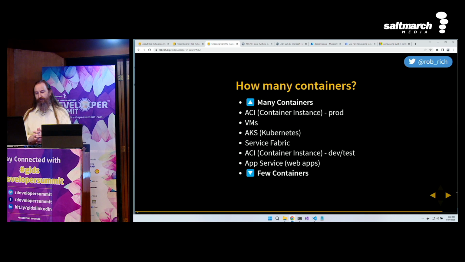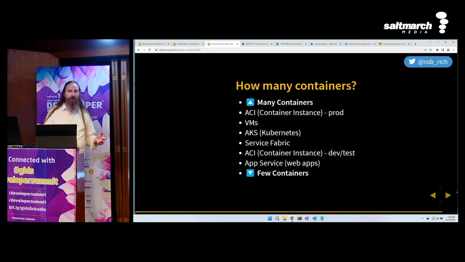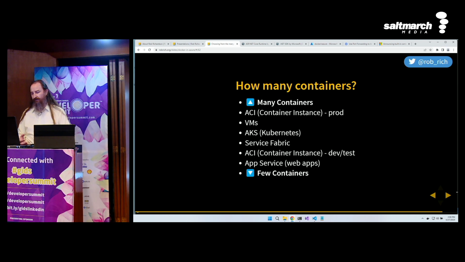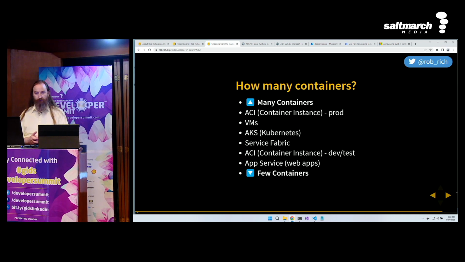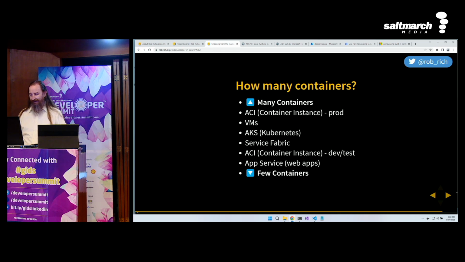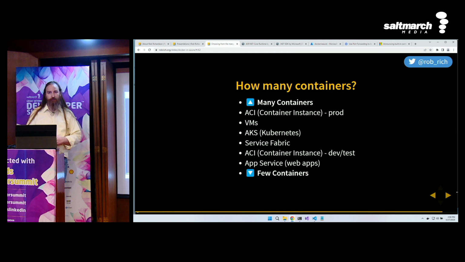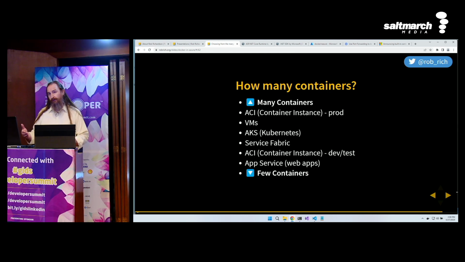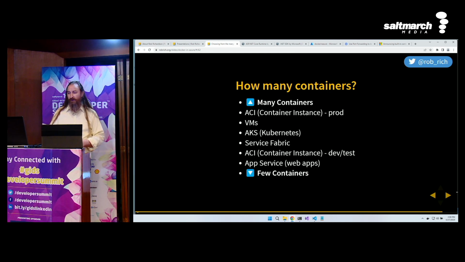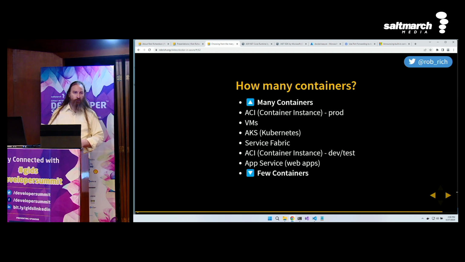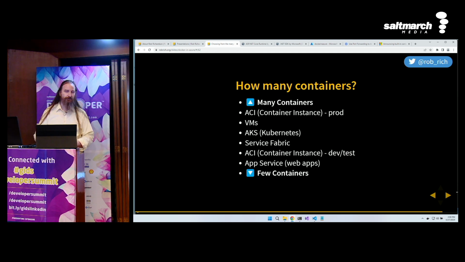AKS is great for also running lots of pods, not to say that it's less than ACI or VMs, but I'm getting more into the managed territory. Service Fabric can also run as many things as I want because it's an infinitely scalable pool. As I get more towards dev test use of Azure Container Instance, I'm only running one container. And finally, Azure App Service, where I'm only running a single container as well.